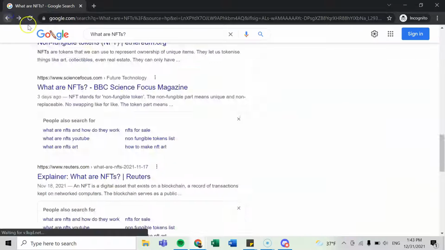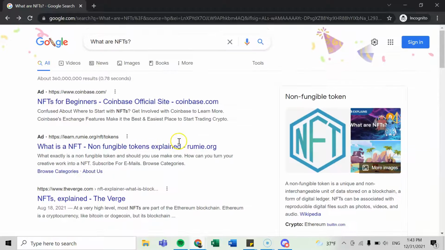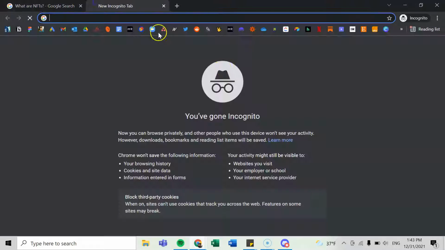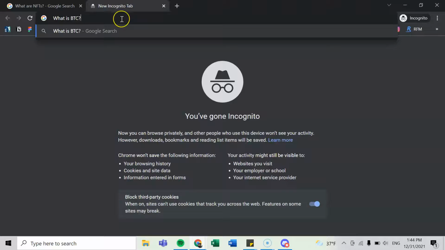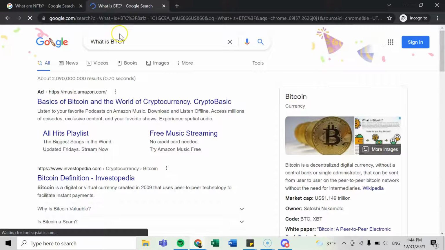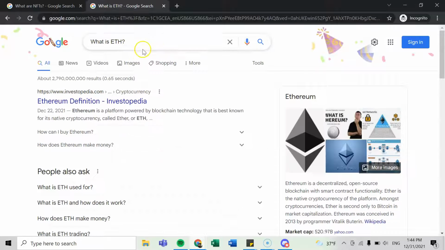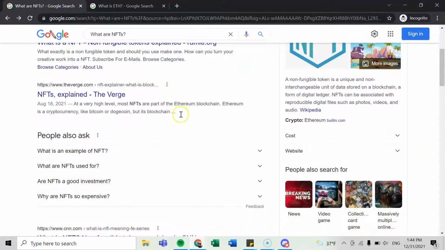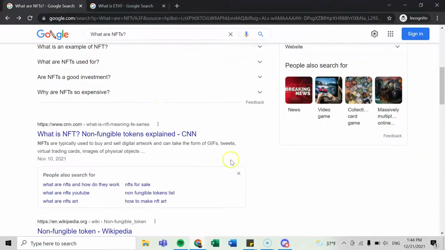You know, maybe this isn't really the question that we want to ask. Maybe we were curious about a specific one that we've heard. Let's say, so let's open a new tab. Heard about NFTs through Bitcoin. Actually, we want to know what ETH is. So I want to keep my search results from the previous search because maybe I find some similarities, maybe there are some connections that I want to make.